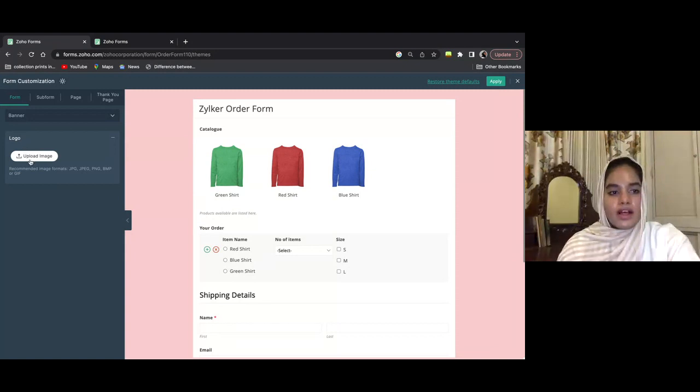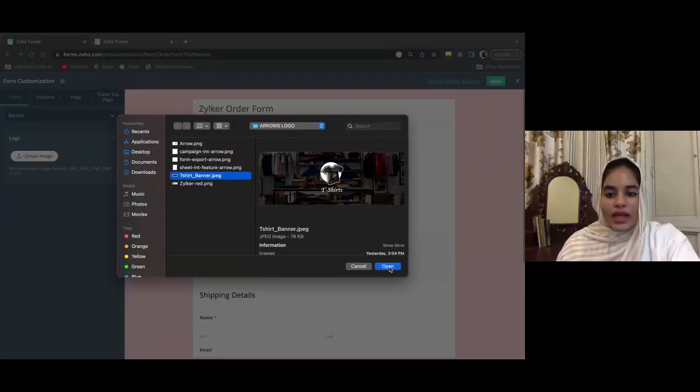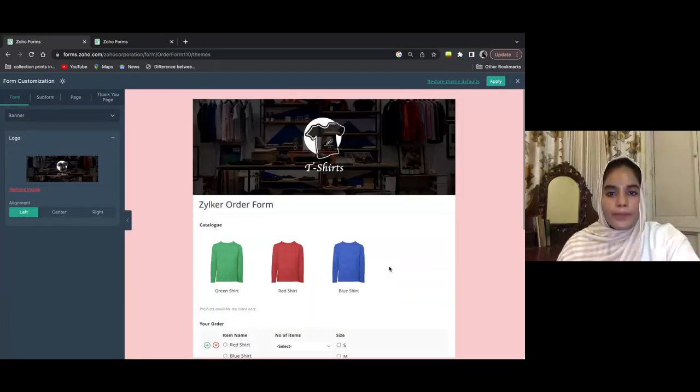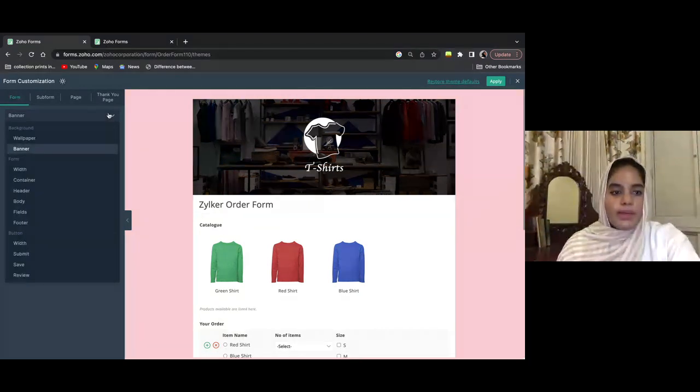Here you can customize your form to add in a little bit of your branding as well. I'm going to upload an image today. I have this sample t-shirts logo image. So I'll add that in as a banner to my form. And you can align this as left, right, or center as well. Once you're happy with that, we can move on to the next thing,